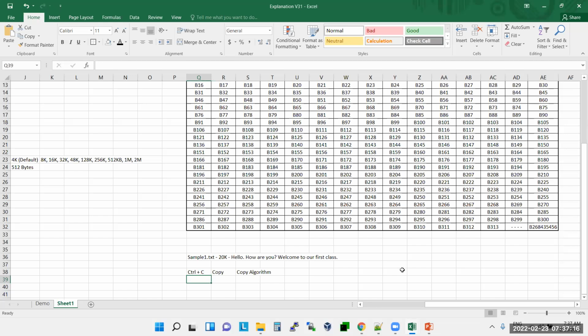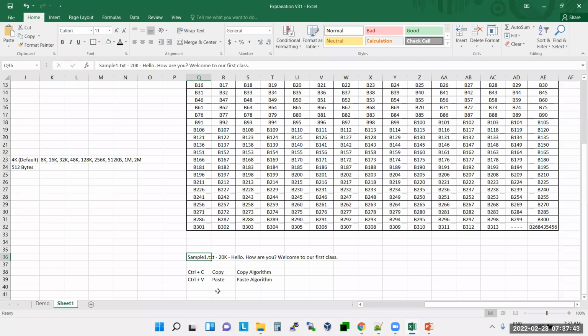Then you have Control V. For you it is paste, but it is a paste algorithm. So in Windows, everything is algorithm based. Understood? When you say Control C, you are calling the copy program on top of this file, and when you say Control V, you are calling the paste program on top of this sample1.txt.